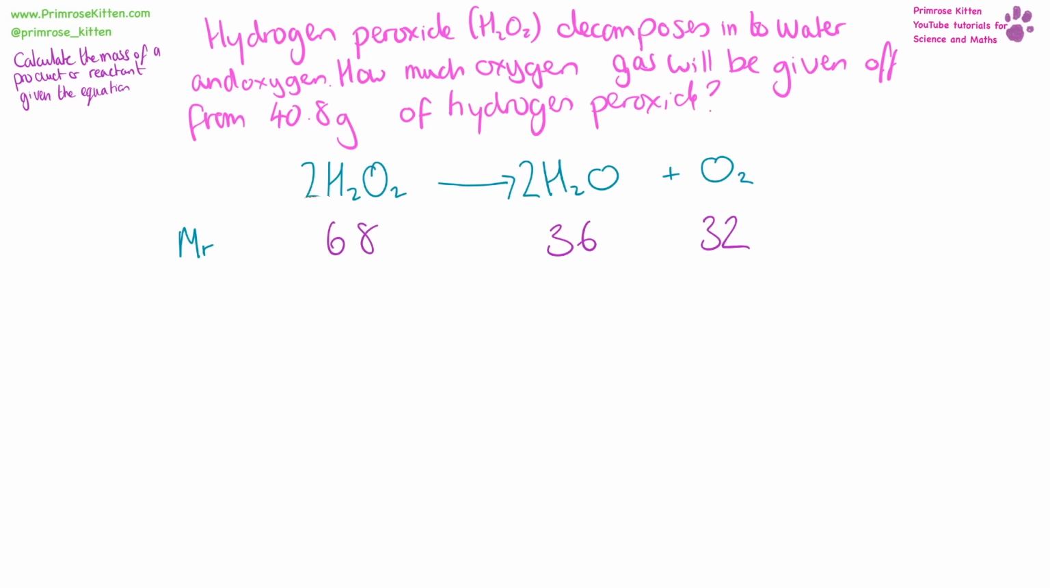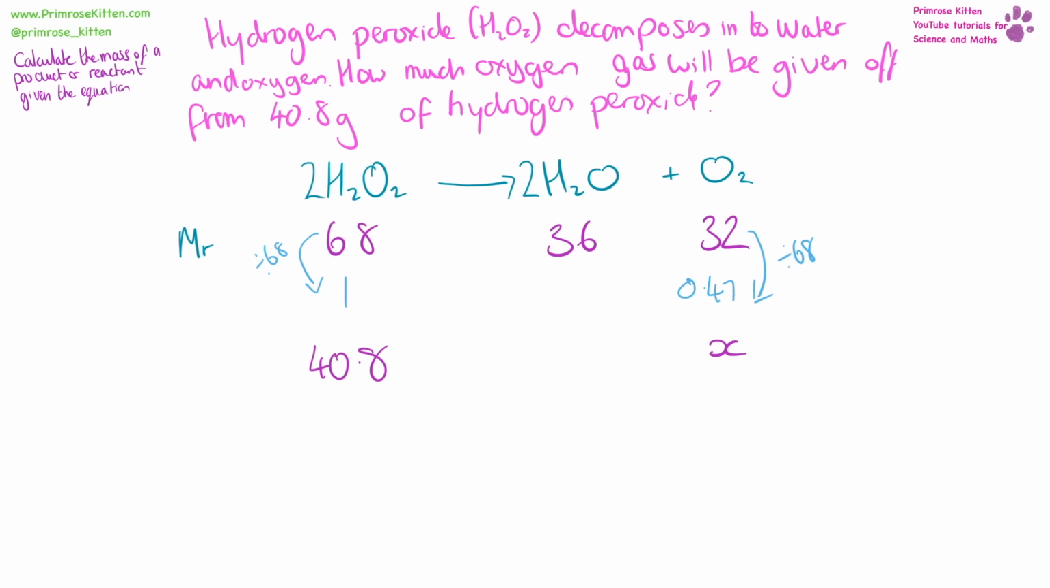oxygen. But we don't have 68 grams of hydrogen peroxide. We have 40.8 grams of hydrogen peroxide, and we need to find how much oxygen that decomposes to. This is now just a ratios question from maths. I'm going to put a 1 in there. To go from 68 to 1, we need to divide by 68. So that's what I need to do on the other side as well, divide by 68, giving us